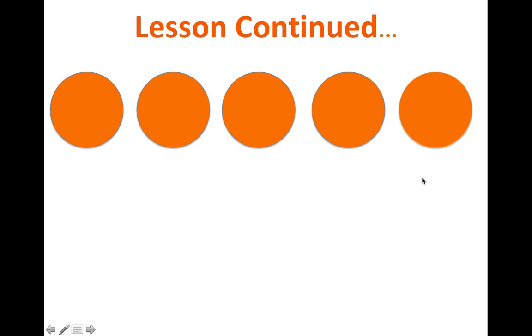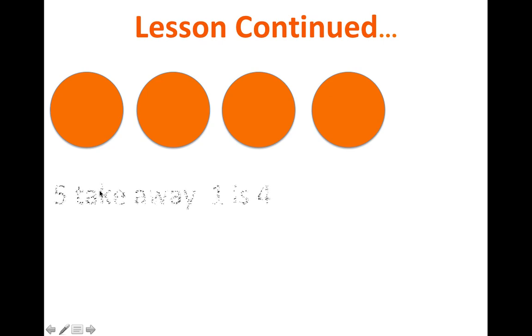And just like the monkey, 1 counter disappears. So we started off with 5. And then we have 1 disappear, meaning 1 went away. How many do we have now? That's correct. We have 4. And the way we write this in the sentence form is 5 take away 1